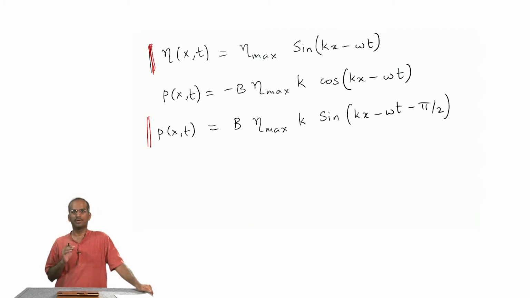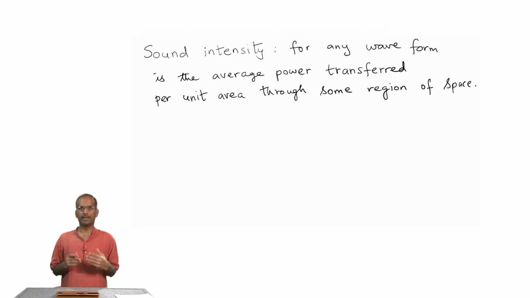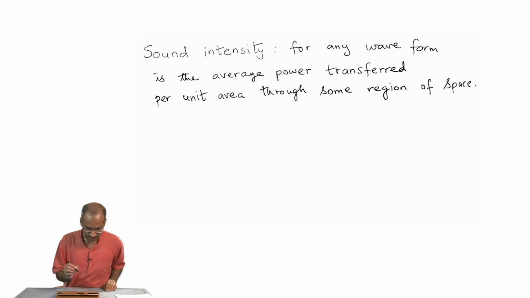Going back to one of the earliest lessons that we learnt, that the energy is proportional to the square of the amplitude. If you keep that in mind, you will realize that somehow the intensity has to be proportional to the square of these amplitudes. Sound intensity for any waveform is the average power that is transmitted per unit area through any region of space. If I interpret it in a straightforward way, I would say that intensity is simply the average power